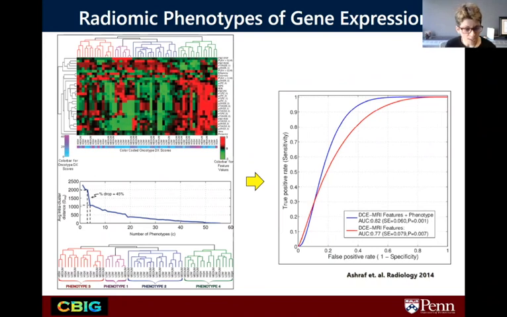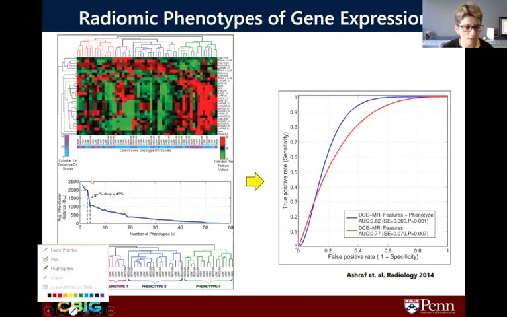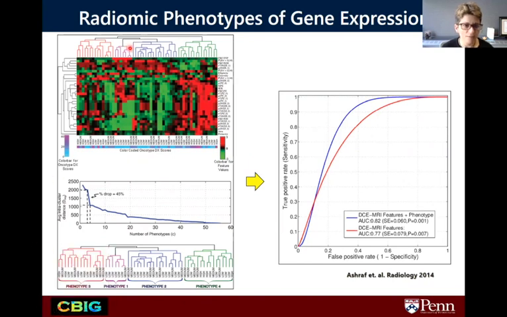We did this study all the way back in 2014 in a small set of early stage breast cancer. And what we were able to see was that two of these clusters, the purple and the blue, were associated with tumors that were only at low and medium risk of recurrence based on the genomic profiling assay. We know today that tumors at low and medium risk of recurrence based on this molecular profiling assay could safely be spared the side effects of adjuvant chemotherapy. So that's something that the imaging phenotype was able to tell us back then, even just from the imaging data.